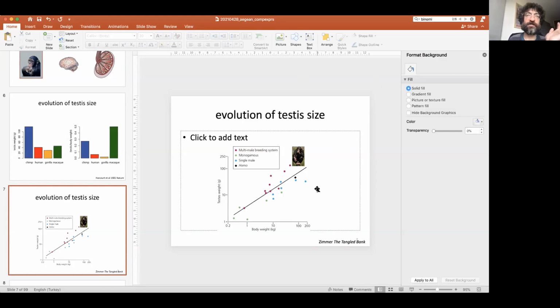So the one observation is that this behavior seems to be very plastic, very flexible in evolutionary time, and it seems to be evolving quite a lot. And once a species moves to some equilibrium behavior of multi-male or single male breeding, its anatomy also seems to follow, irrespective of their relatedness, so these are not all closely related groups. This suggests some degree of convergent evolution of testis size, of anatomy, given the mating behavior.